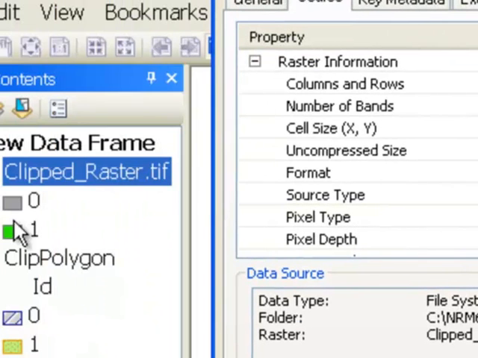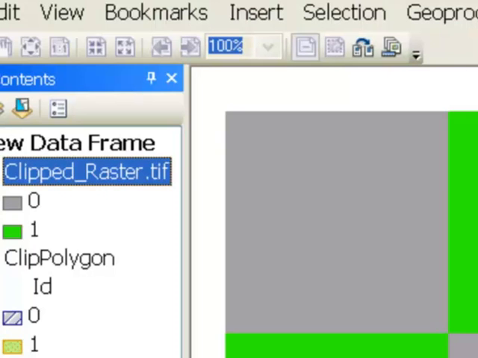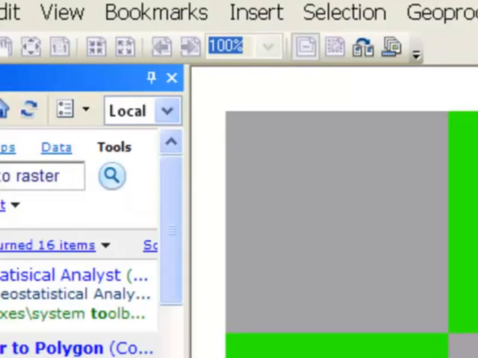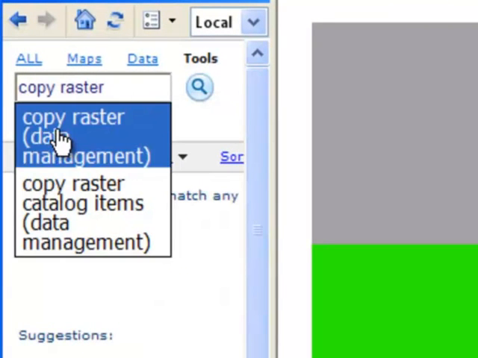And in this case, we only have numbers 0 and 1, so we could make a much smaller raster by converting this 8-bit raster into a 1-bit raster. So if we have a 1-bit raster, the file size will be 1/8 the size of an 8-bit raster. So that's the next thing we'll do, is convert this into a 1-bit raster. So to do that, we'll search for a tool called Copy Raster. So we search for the tool Copy Raster,